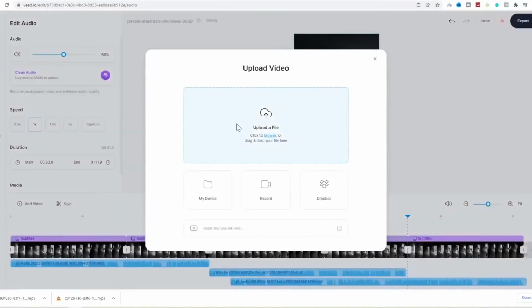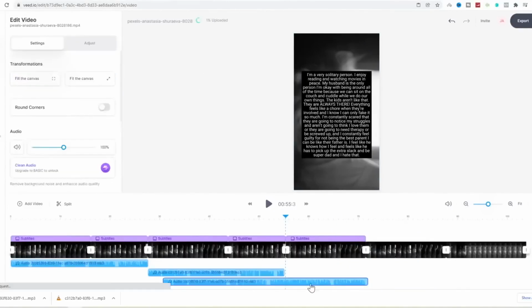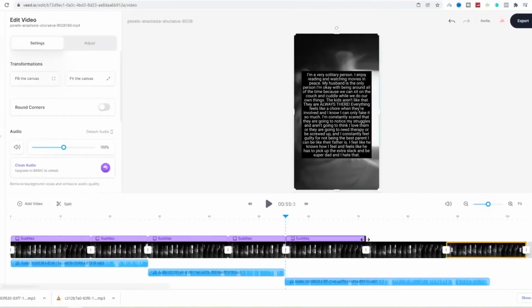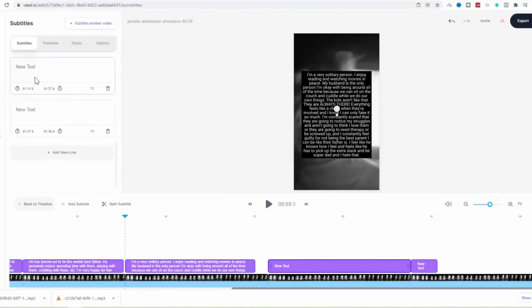Go and upload another video again of this pixels video. Keep dragging this across. Upload another video. As you can see, we must just keep stretching it out. And we can now drag this audio file across to this line over here. And now we can stretch out these subtitles. We can add our new subtitles. Click and just scroll down and paste your paragraph here and on this one over here.